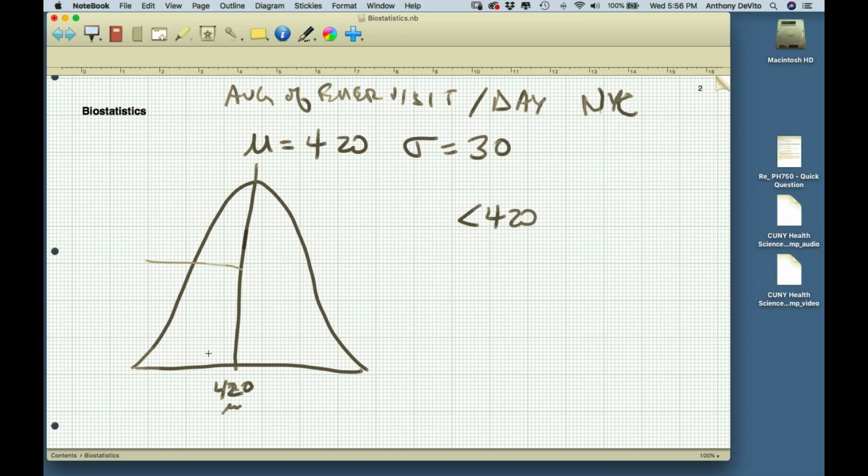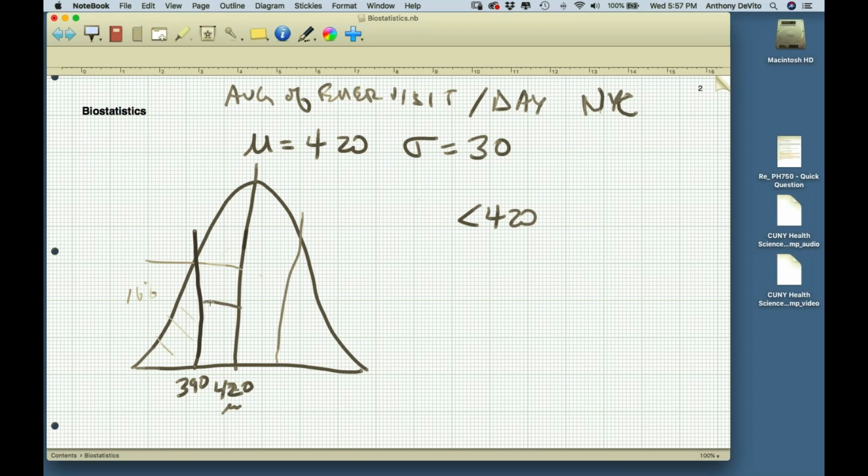Okay, so now using what we know, what's the probability that on a particular day we would get less than 390 emergency room visits? How many standard deviations below 420 is 390? One, correct? So I know I'm dealing with the same situation I had with the empirical formula, and this area is going to be roughly 16%. So I can predict that about 16% of the time we'll have fewer than 390 emergency room visits on a particular day.